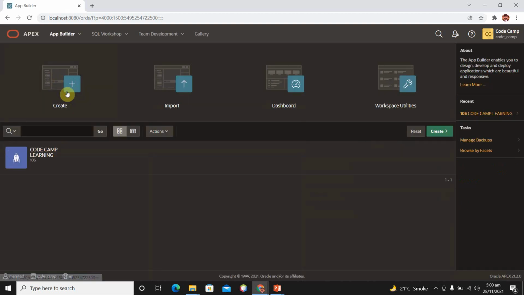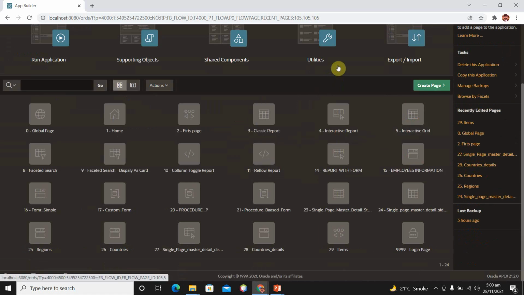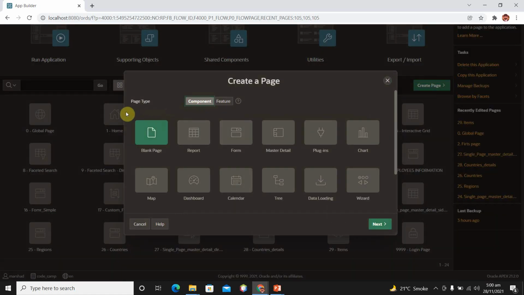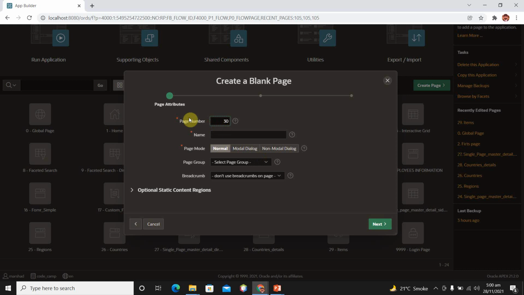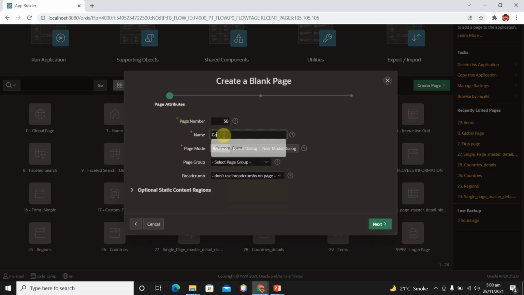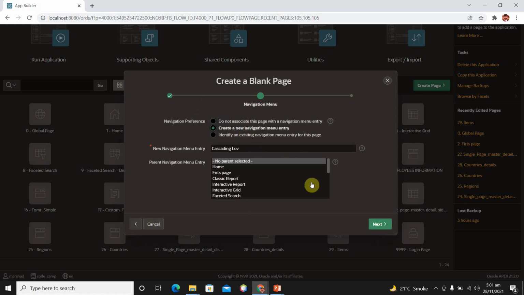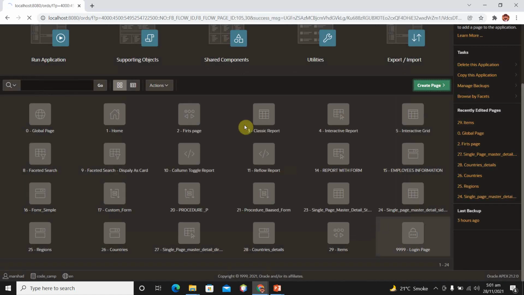Go to App Builder. Select your application and create a new page, a blank page, and name it cascading LOV. Next, create the navigation menu entry and finish.